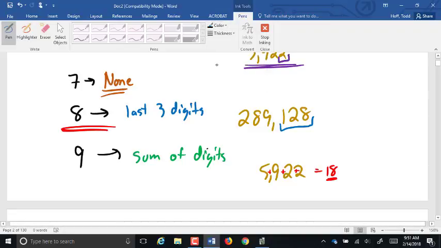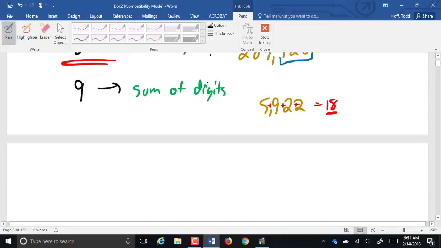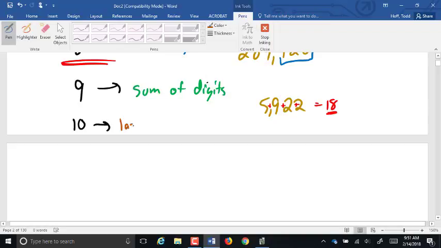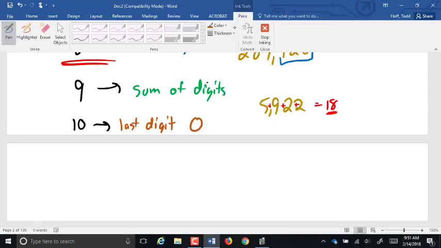Now, I do use that one occasionally, but again, if you want to divide by 9, you can just divide by 3 twice. You've divided by 9. 10 is the easy one. The last digit is a 0 always, yes. Now, as we go larger than this, there are some divisibility rules, but they get more